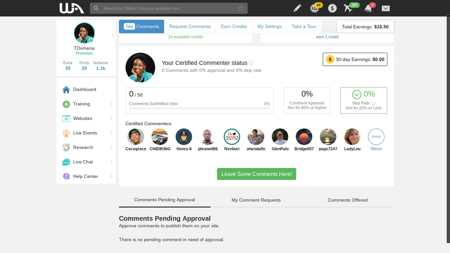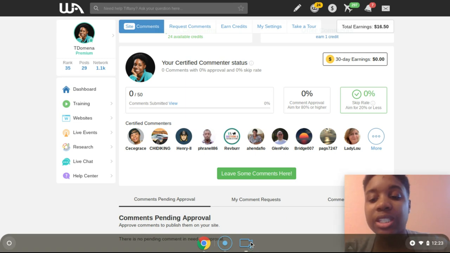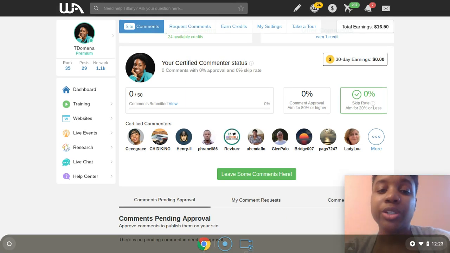It actually doesn't make you a lot of money to do the comments, but since comments is something that helps with SEO on various websites, and since most of the time bloggers do comment exchanges on each other's sites, this is just a proprietary tool that Wealthy Affiliate has created that helps to divvy out